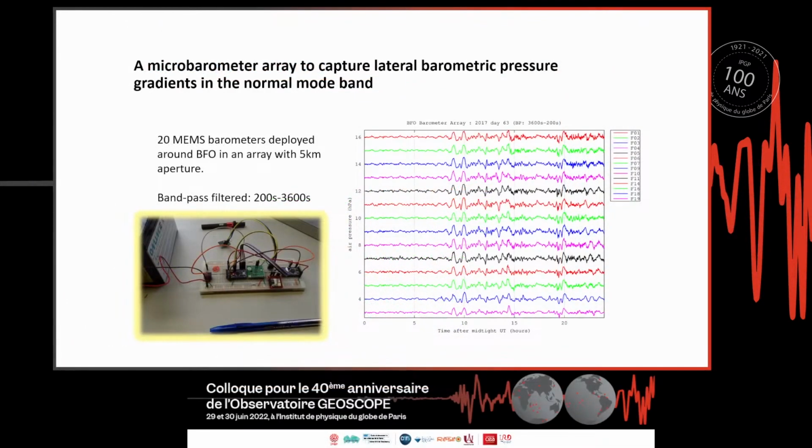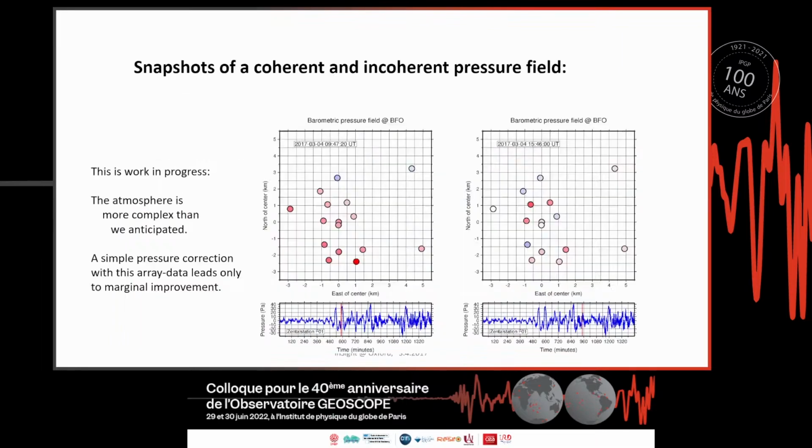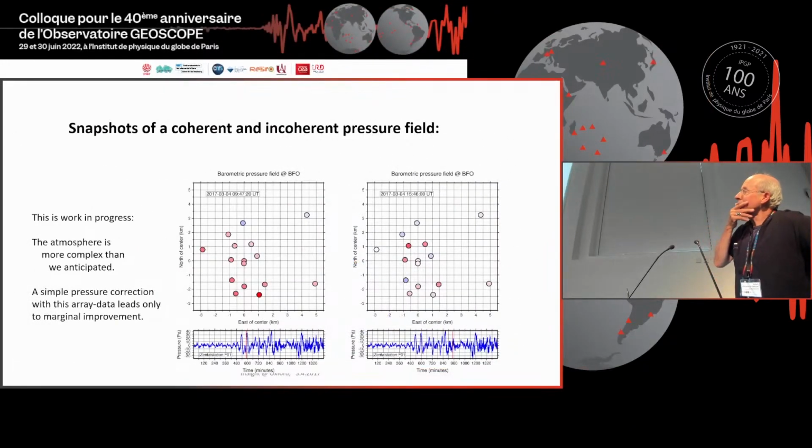And we deployed 20 of these MEMS barometers around the Black Forest Observatory. Right, you see the traces. When a cold front passes, it comes from France and moves eastward. And when you put this all together on a wave field plot, an animated wave field plot, and these are bandpass filtered barograms, then I show you just two snapshots, not the movie, but you see